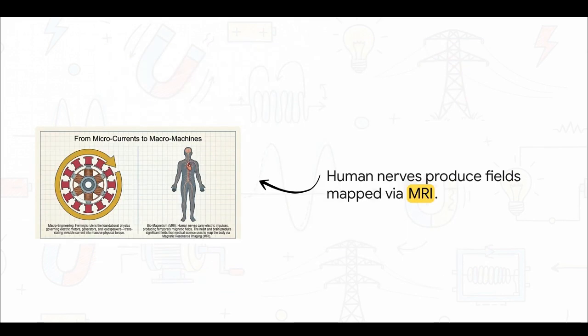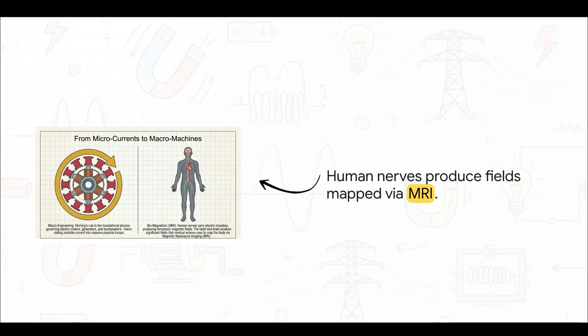This engineered magnetism is exactly how electric motors harness power to create physical torque. By rapidly switching the current back and forth, we use Fleming's left-hand rule to make the electromagnet continuously push and pull against permanent magnets. That's what spins the motor inside your kitchen blender, your heavy-duty power drill, or even an electric car. But get this, it's not just heavy machinery.